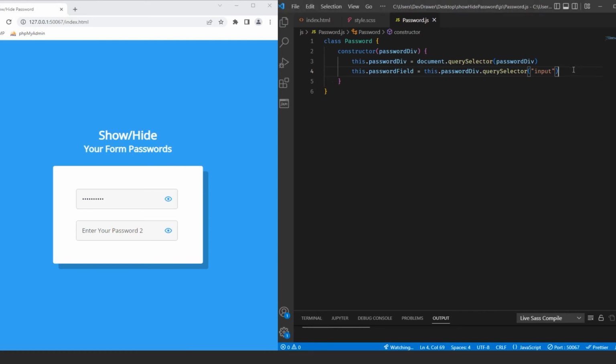Okay, so this is going to be our input. So I'm going to copy this because we're essentially going to use the same thing. And then instead of input, we're going to do span, and we're going to change this to toggle. So whenever someone clicks on this toggle, we want to create an event listener. So let's come down here and do this dot toggle